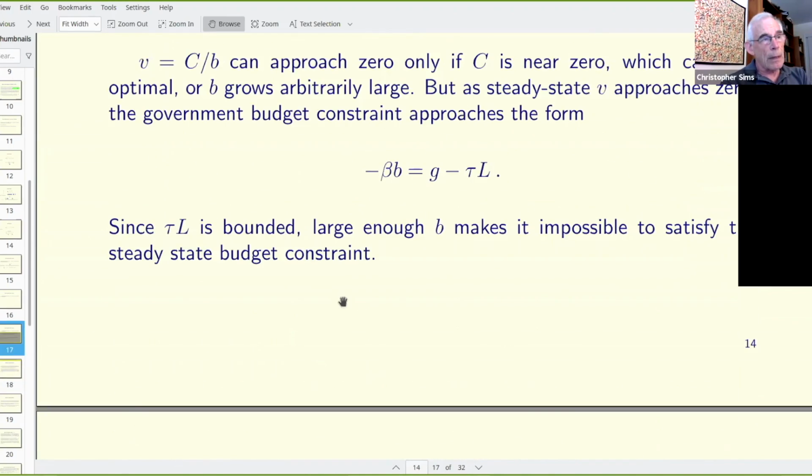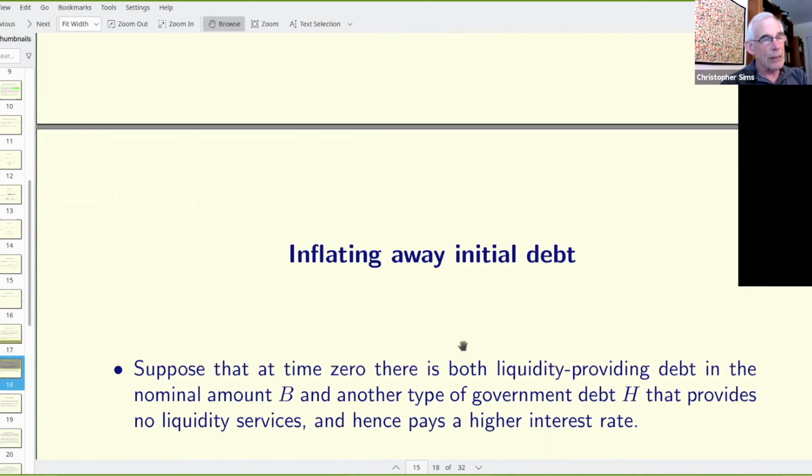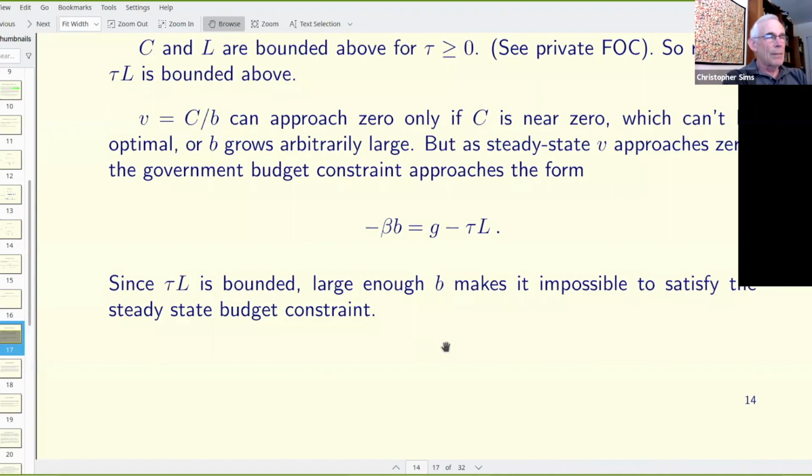So now I'm going to talk about initial conditions in this economy for a minute. You might not think that should be very important. It turns out it is important for the conclusion that Chari and Kehoe get. Because in this model, it turns out that there's no way to make the gap between beta and the return on government debt small in this model